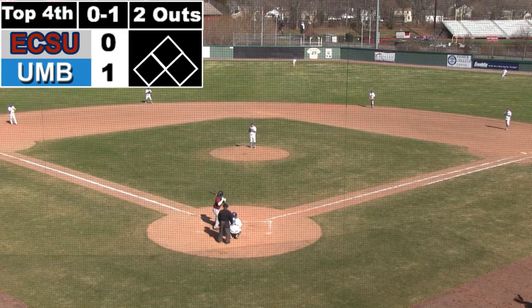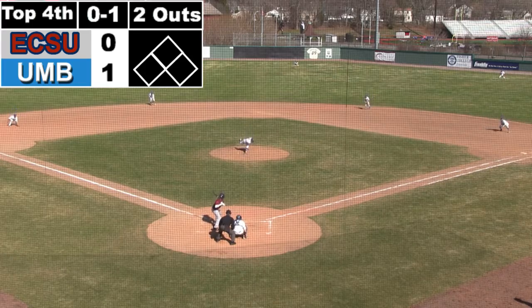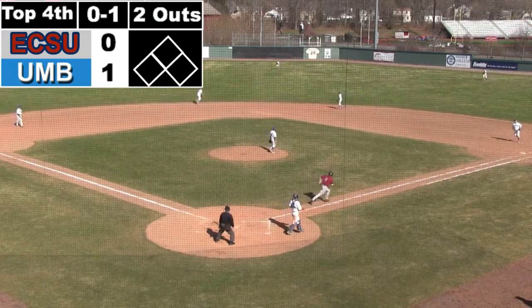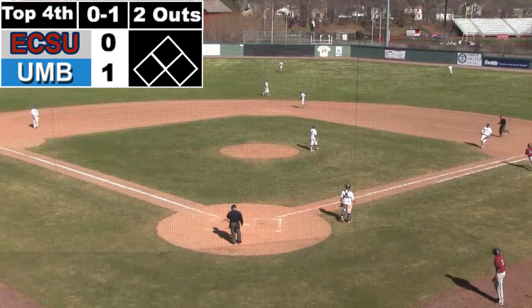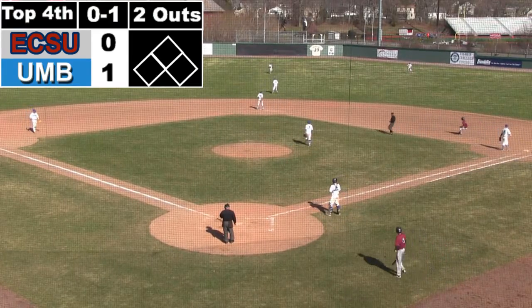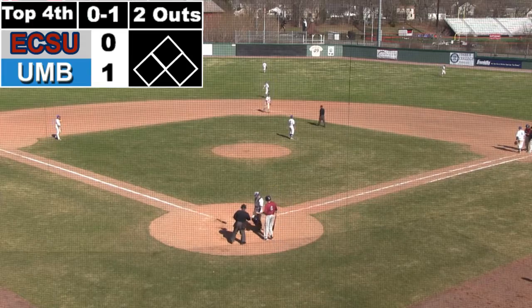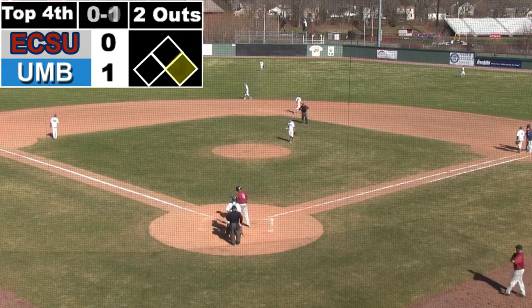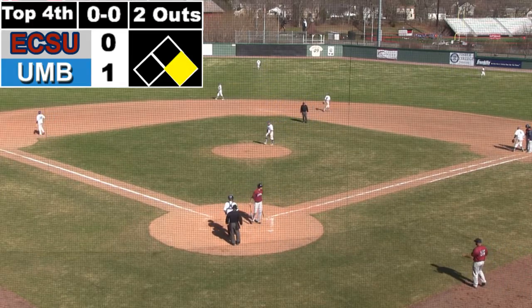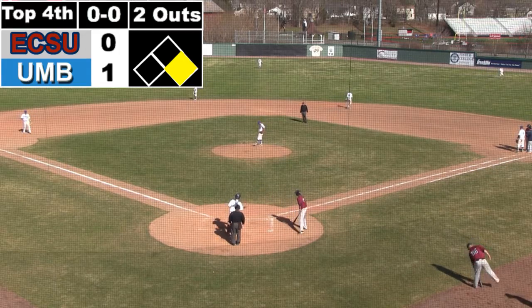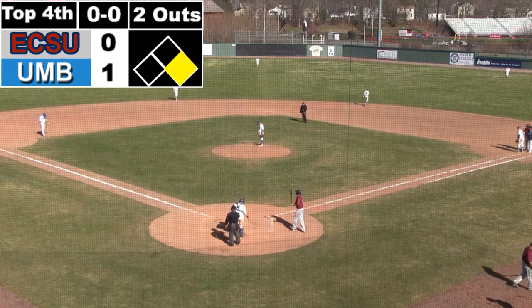Daniel Benito, our game number 1 starter for UMass Boston, probably could have made that play as that ball's hit softly up, and now what a difference that is as Hart gets the 2-out single with no one on, rather than potentially a runner on first or even 2 runners on, depending on what could have happened there. But Mantoni not quite out of this 4th inning yet as Pat Soroyas steps up, our game 2 center fielder,